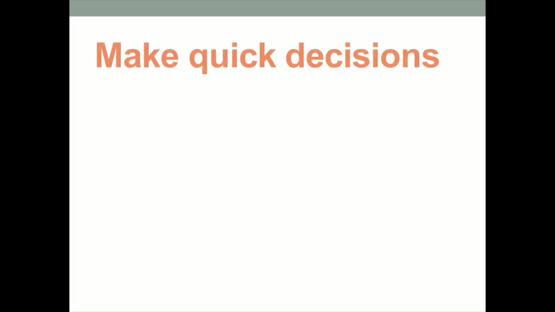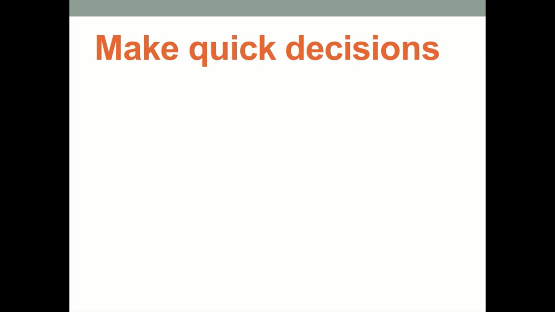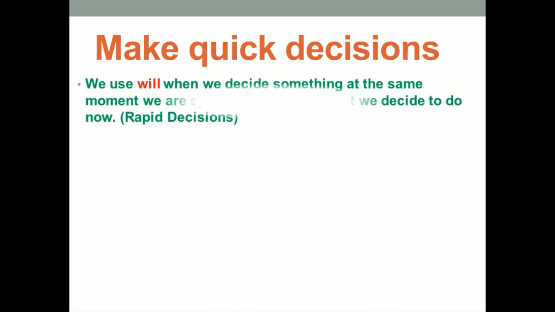So now let's proceed to talk about making quick decisions. So we use will when we decide something at the same moment we are speaking, for things that we decide to do now, or shall we say rapid decisions. For example,